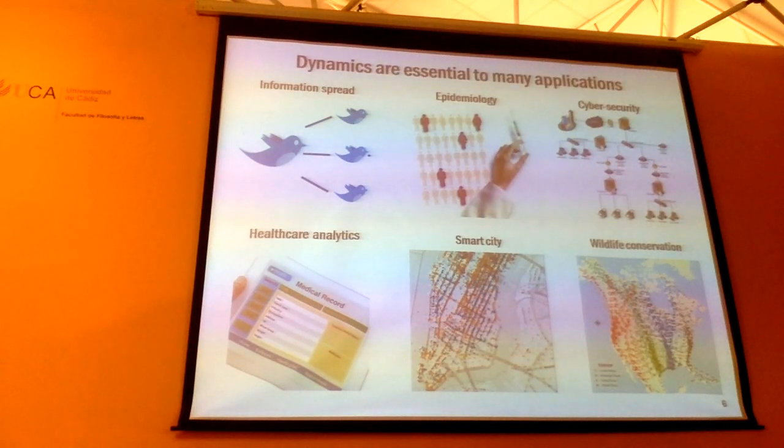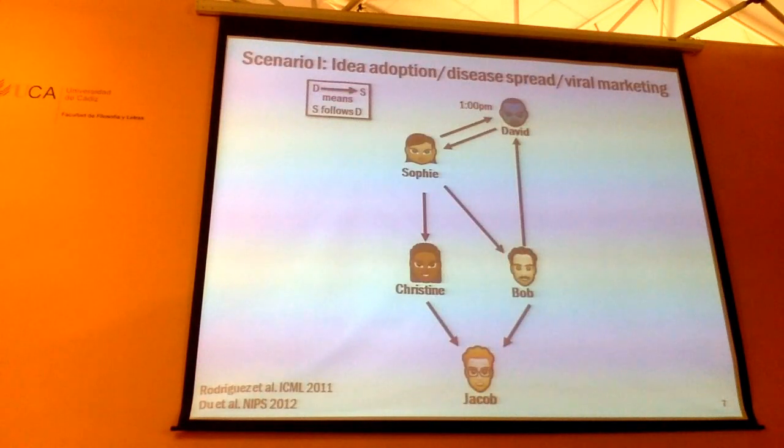But in these two lectures, I'm going to focus just on three applications. Once you see how this point process model is used in these three applications, you should be able to generalize it and use it for many different types of applications. So the first application I'm going to use is so-called viral marketing.